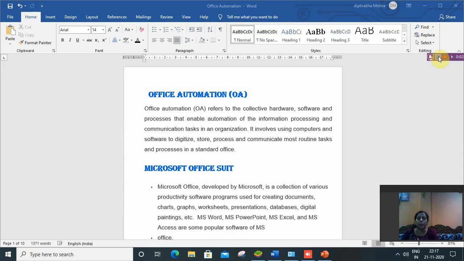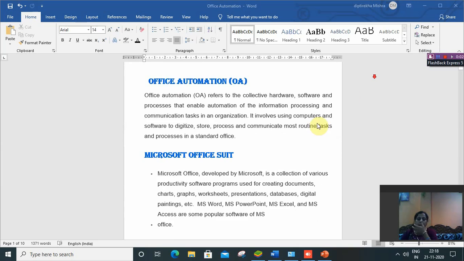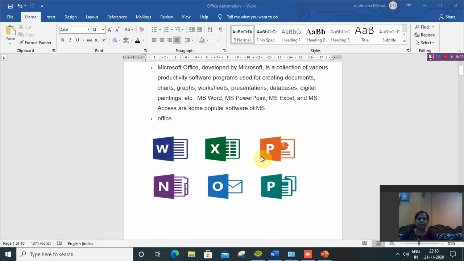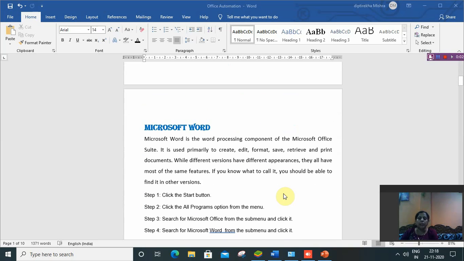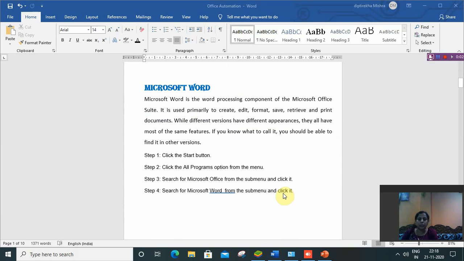Microsoft Office, developed by Microsoft, is a collection of various productivity software programs used for creating documents, charts, graphs, worksheets, presentations, databases, digital painting, etc. Some of the software are MS Word, Excel, PowerPoint, Access, Outlook, OneNote, etc. These are examples of MS Office software. And I will discuss Microsoft Word.